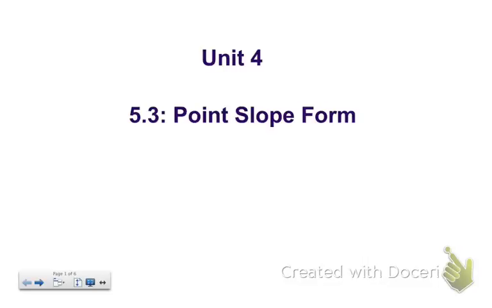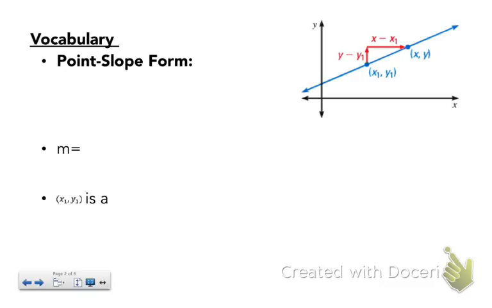This is section 5.3, point slope form, still a part of unit 4. Okay, so point slope form is just a different way to write a linear equation. So remember, already we talked about slope-intercept form, and that was y equals mx plus b. Point slope form is going to be y minus y1 equals m